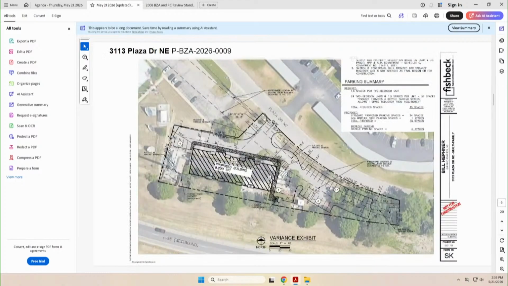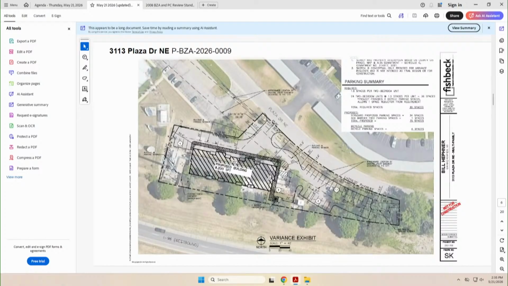On your screen, you will see the proposed site plan. The proposed building is identified in the hash marks there. That is the 24-unit residential building, and then the accessory parking areas are on the west side of the site and then along the east side of the site as well. I will note that there is a large telecommunications infrastructure on the southwest portion of the site that is remaining.